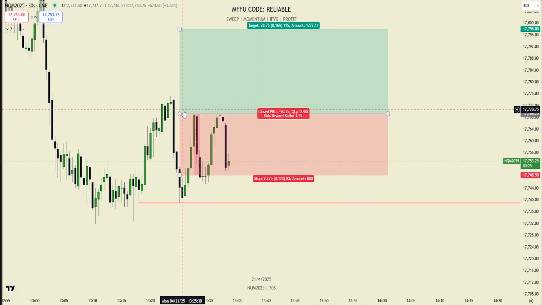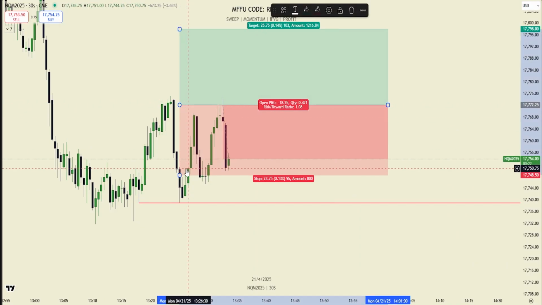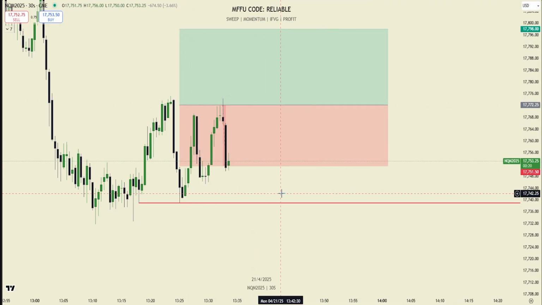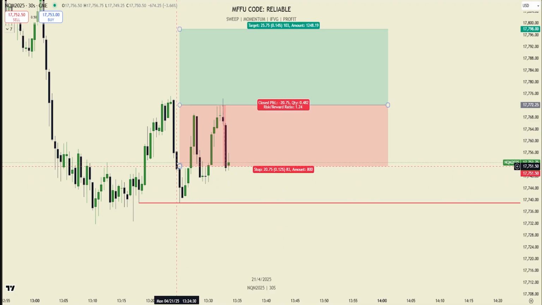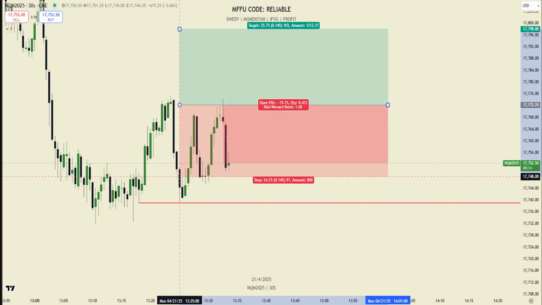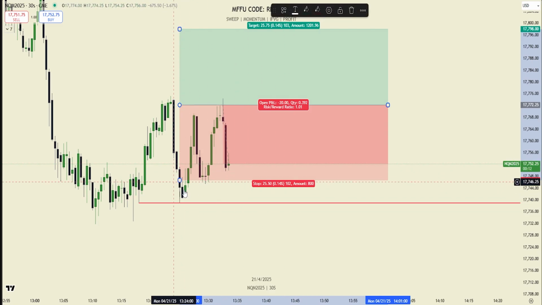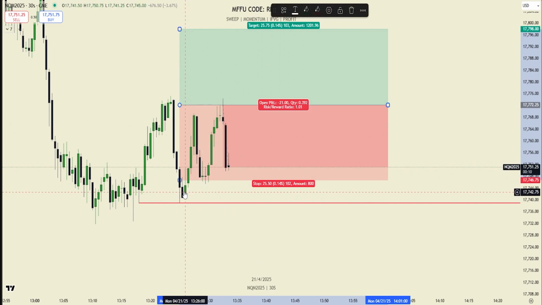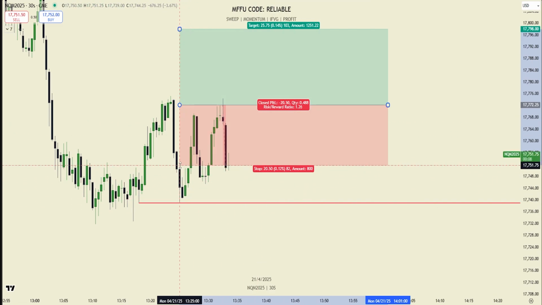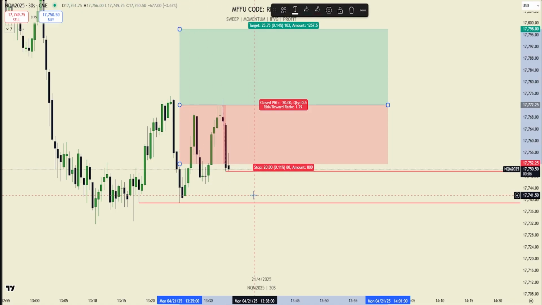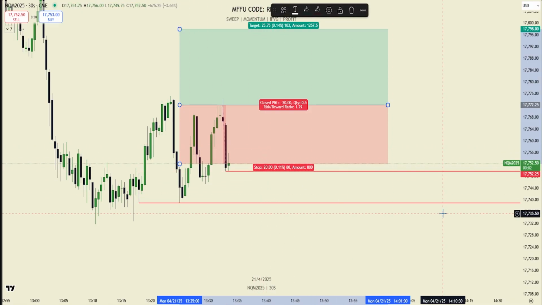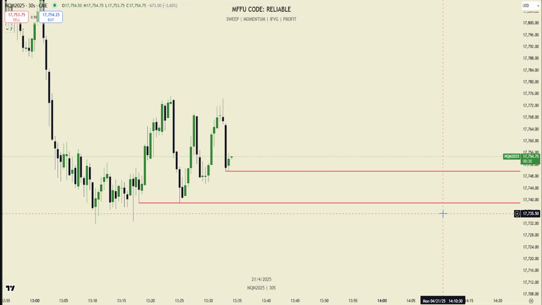Okay. So let's say here I wanted to enter this 30-second long if we got it right. That's about 20 points of risk. If I want to risk $250, for the stop out, let's say it's a 25-point stop out, I'm only going to risk 5 micros, right, to account for those extra few points for the actual stop. Does that make sense?